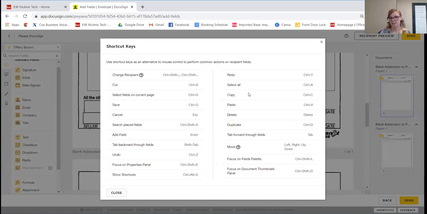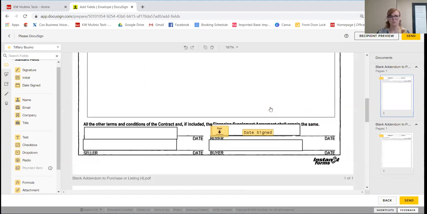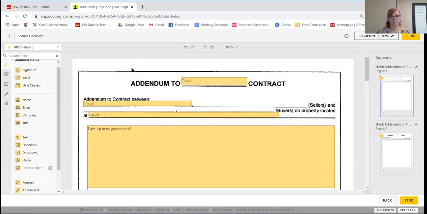So that's helpful. Also, you can save, cancel, anything like that. These are shortcuts for them. So they're down here if you do want to know if there's a shortcut to do a particular action when you're in here. And Sherry already said she's going to be sending this in to hopefully have this in as